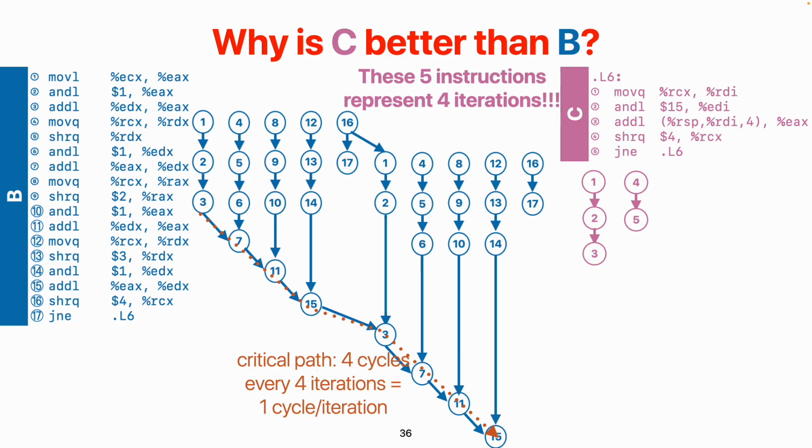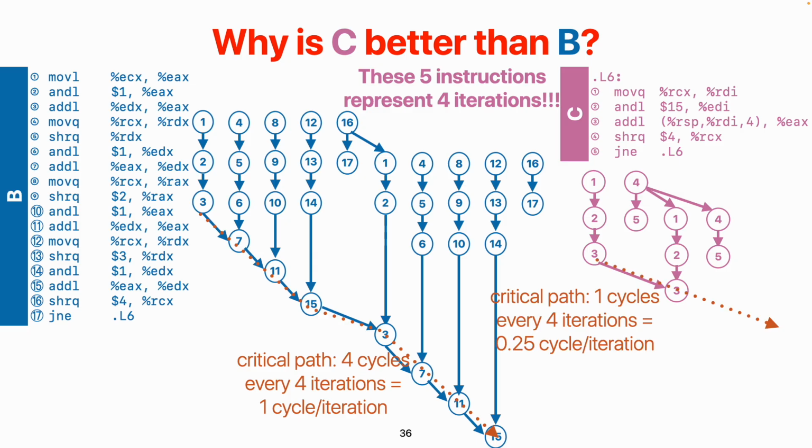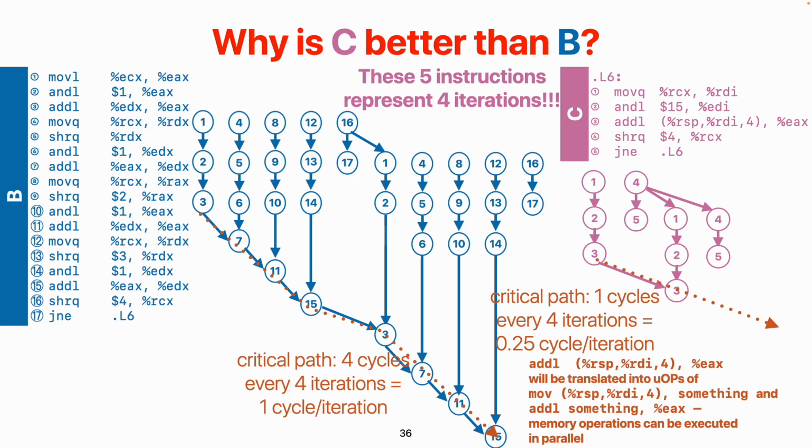However, if you draw a data dependency graph, something you will figure out is that instruction 3 is indeed a memory operation. However, it seems like we are going to have a 5-cycle delay, right? But here is the internal issue that we can talk about. So the thing is, internally,